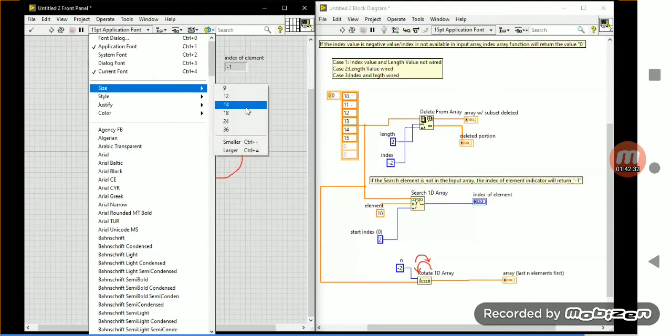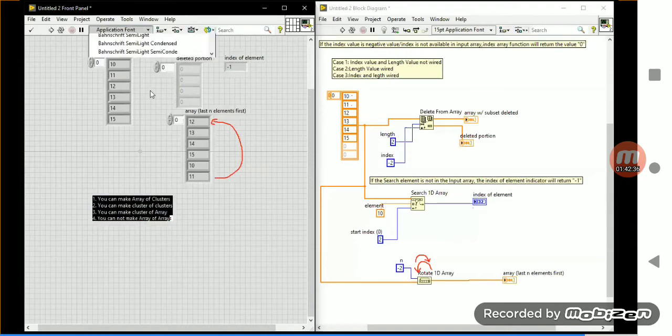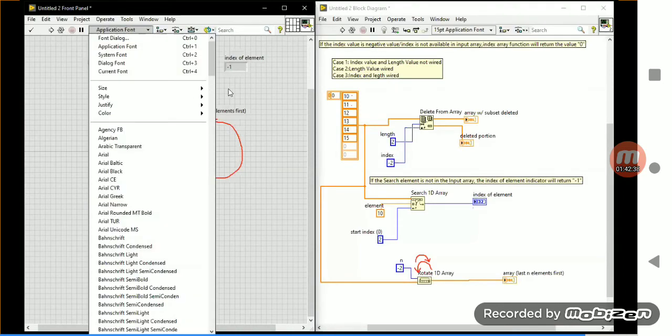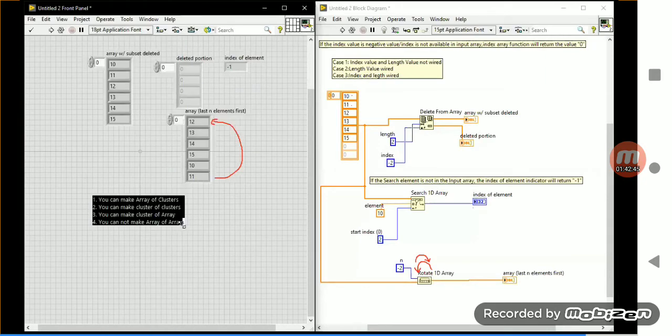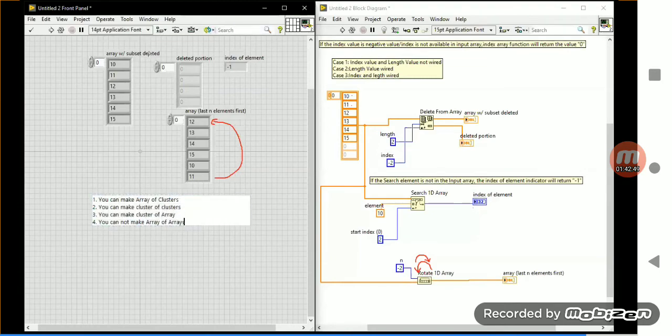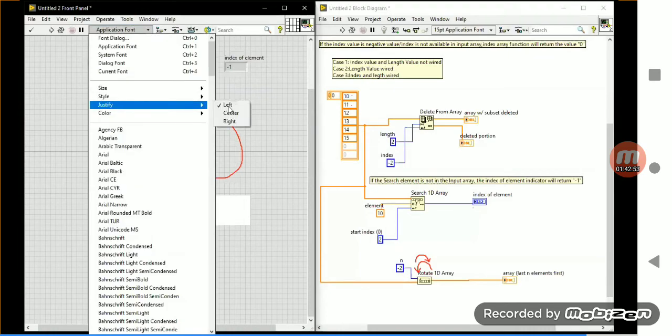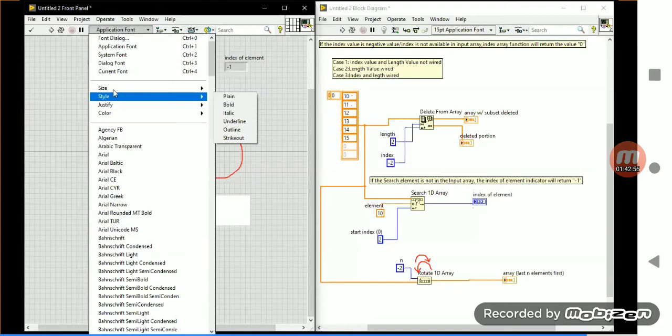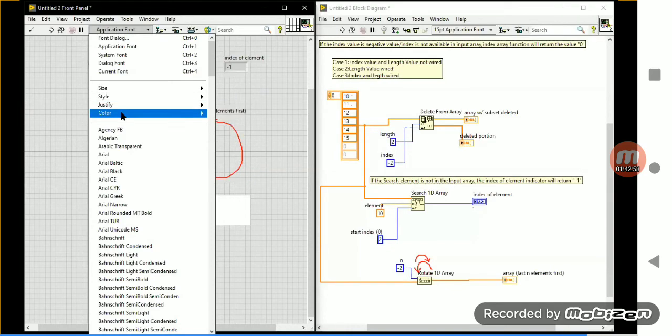Okay, so you cannot make an array of array. Let me highlight this one, so that you can see that.